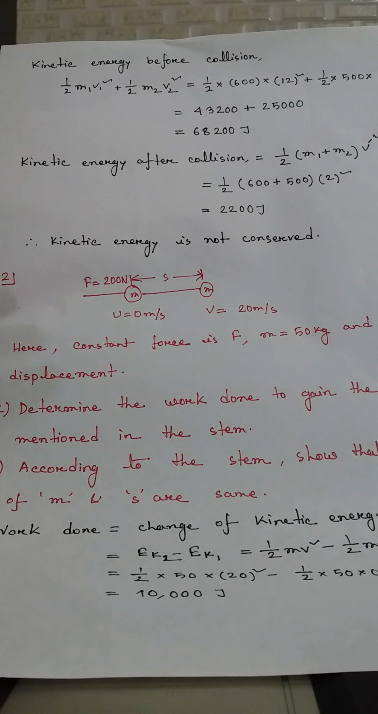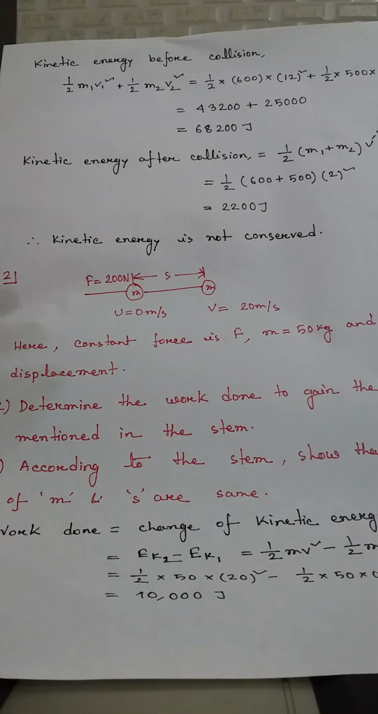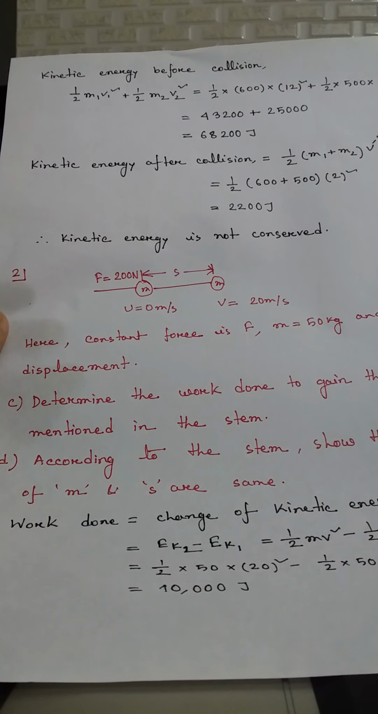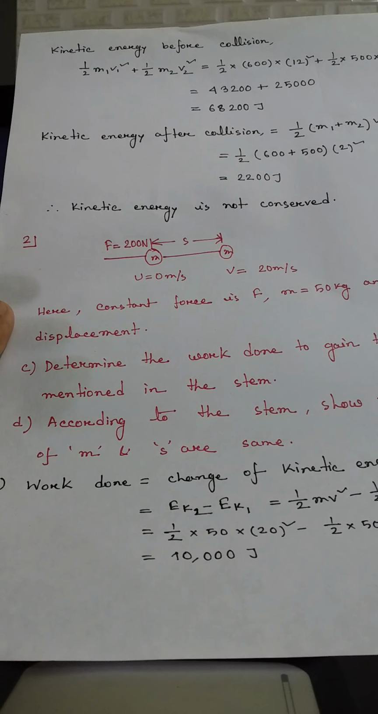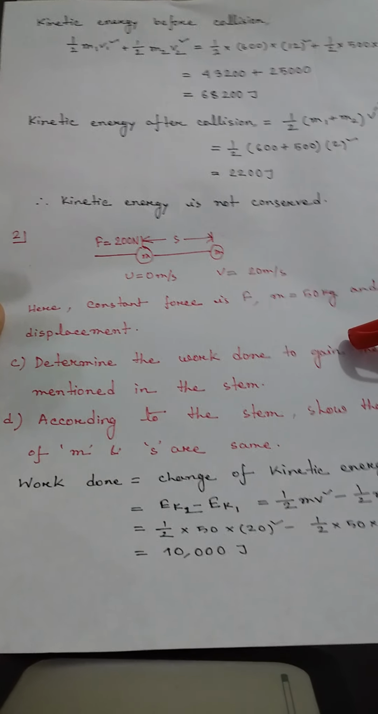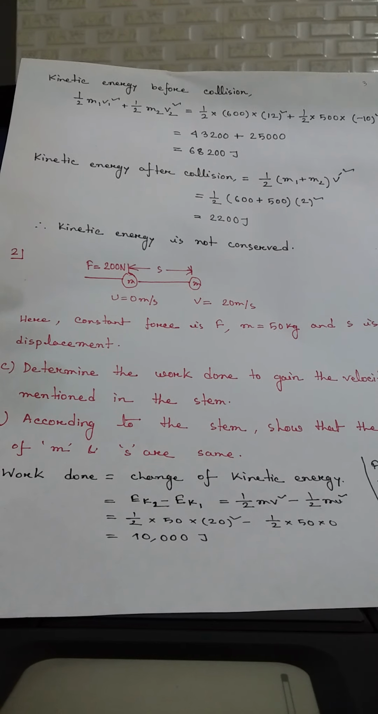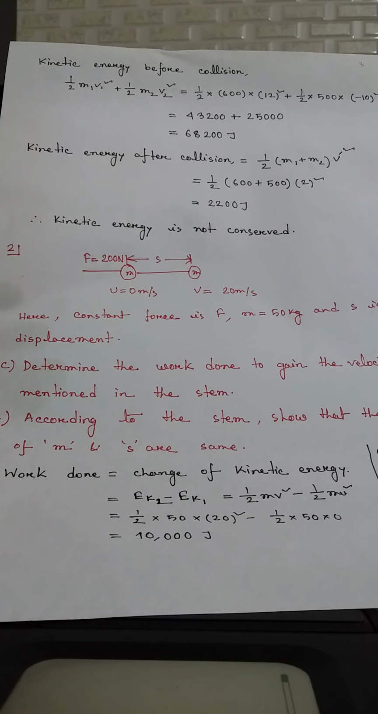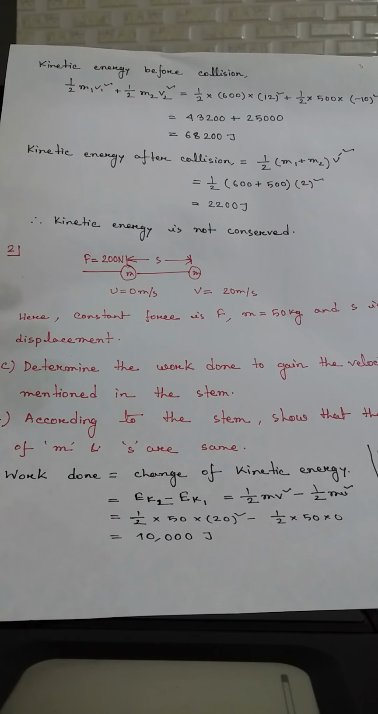That means the object starts from a rest position. From the stem we can say that the object starts from rest position. So now here the constant force is F, m equals 50 kg, and s is our displacement. Then whatever we have to determine, number C, determine the work done to gain the